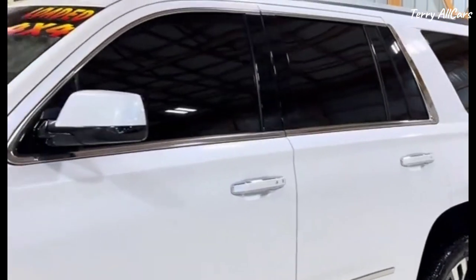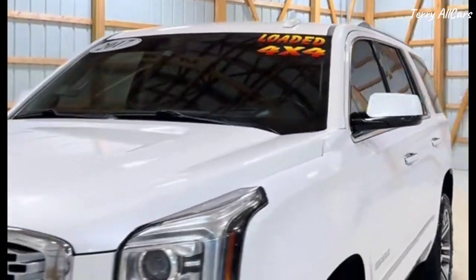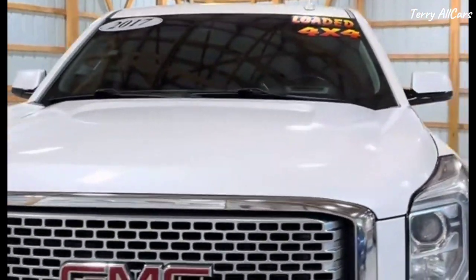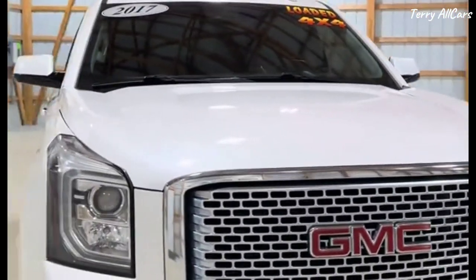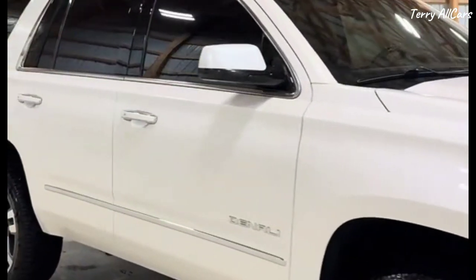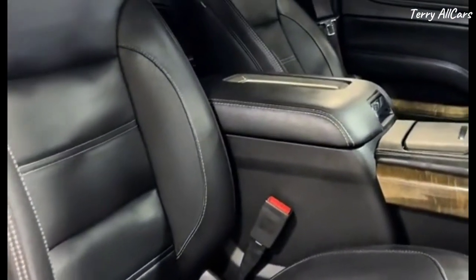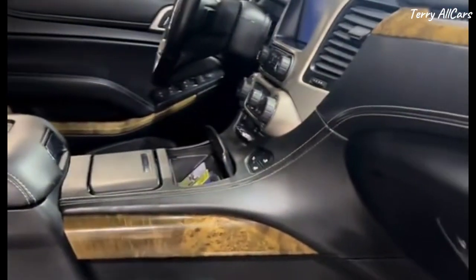Absolutely. So tying it all together, the 2025 Yukon Denali is clearly aiming high. It wants to be that standout premium full-size SUV with the luxury, the capability, and the cutting-edge tech. Sounds like a strong package. It does. GMC wants to pull in new buyers, reinforce that premium brand image. But we have to remember this segment is incredibly competitive. Yeah. Fuel economy is always a factor with big vehicles, sure. But ultimately, its success will depend on